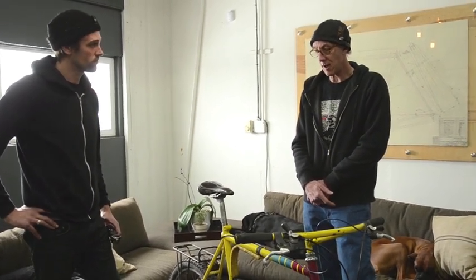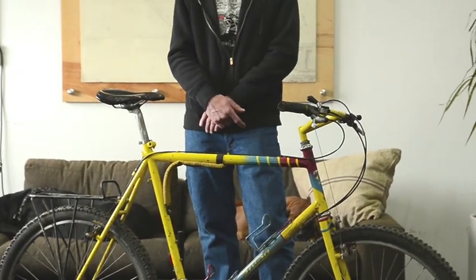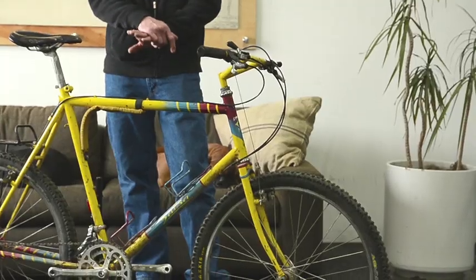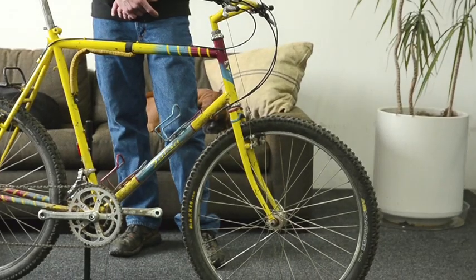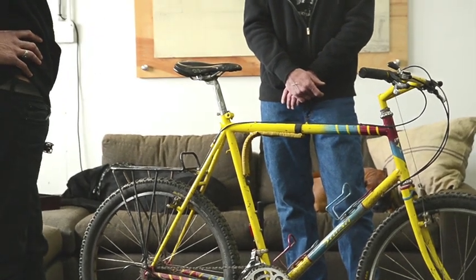Suspension. We would ride mini rides back in ones out of Alpine, California, which is North San Diego or East San Diego County. Noble Canyon, his bike has seen a lot of Noble Canyon, a lot of Anderson Truck Trail, and we would dream of the days of having a suspension fork. The idea of making one light enough for a bicycle was just not there yet. But it was something we always wanted to upgrade to. I ran a suspension fork for a brief amount of time on it, but then I brought it back to its stock settings,